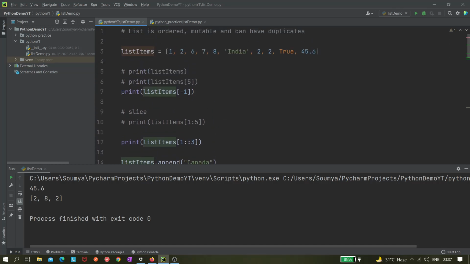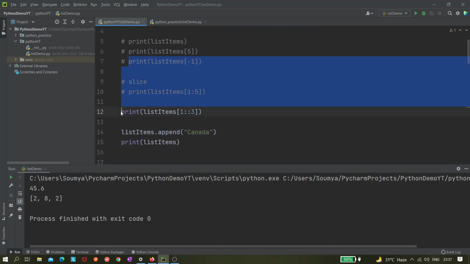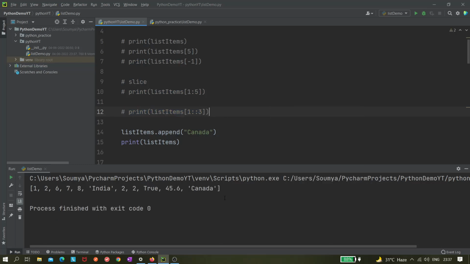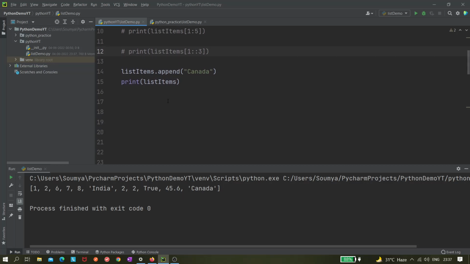Okay, let me comment this, and also let me comment this one, and let's run it. So as you can see, Canada gets appended at the end of this list. Okay, now let's remove